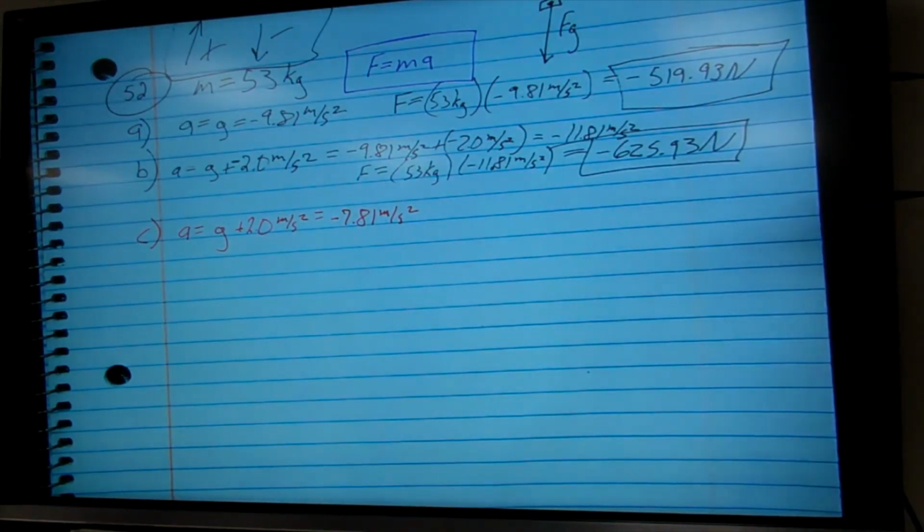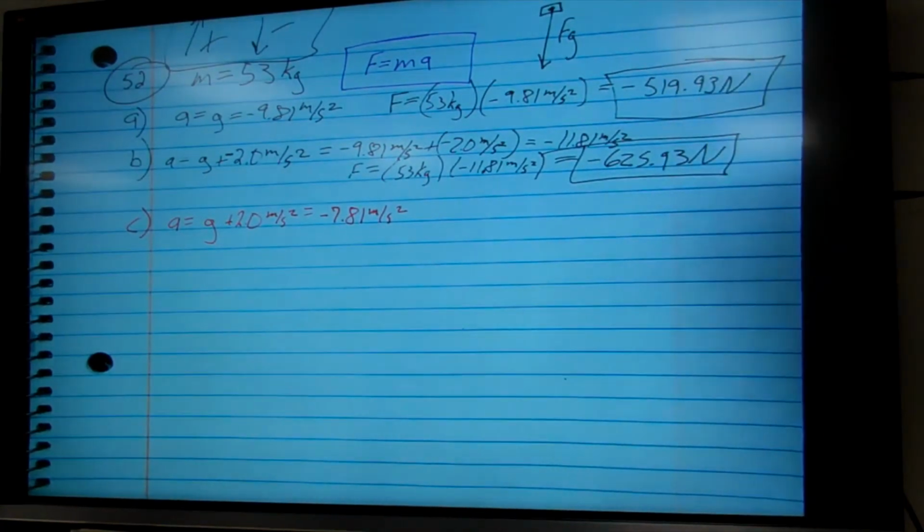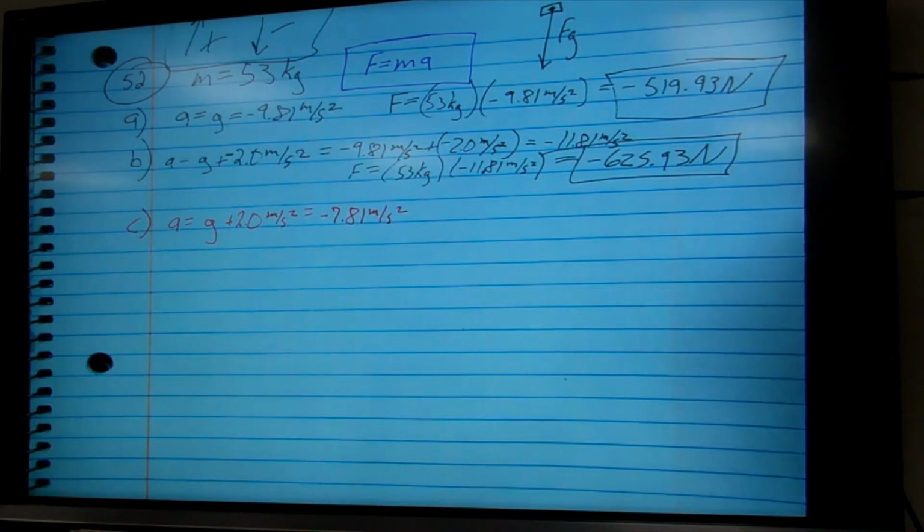I think that's why this class started going downhill for me, is when we started to deal with negatives. So gravity is negative. That was that 9.81. evil laugh. Yeah. It's like,